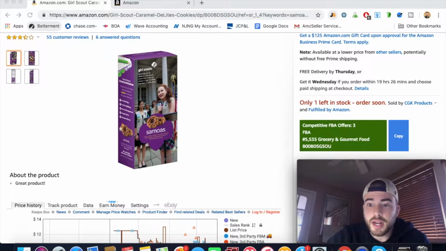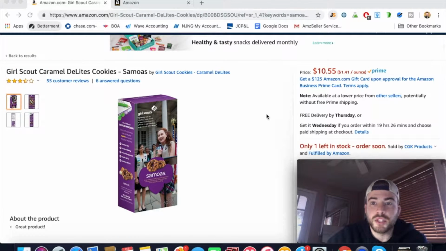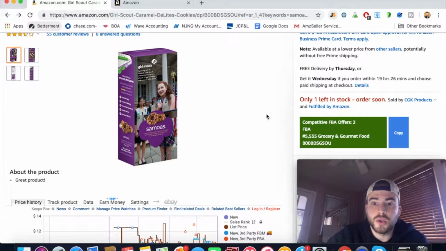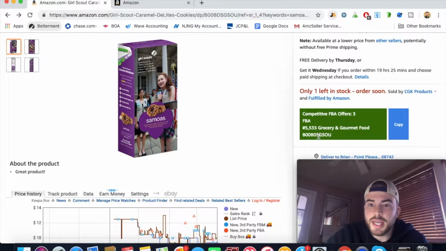So I just scanned that on my phone, and my account personally is approved for grocery, so I'm just going to use that as an example. I explained before that you should make sure that you're actually able to sell the product in whatever category it is. So real quick, you could see on the product listing, I have this little extension here. I forget what it's called. I think it's the Wholesale Attack Chrome extension or whatever,